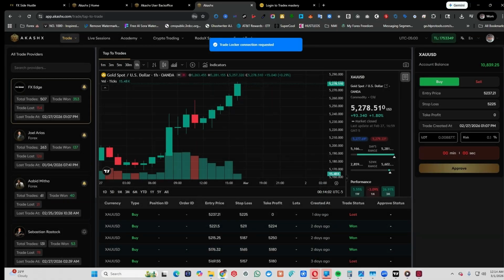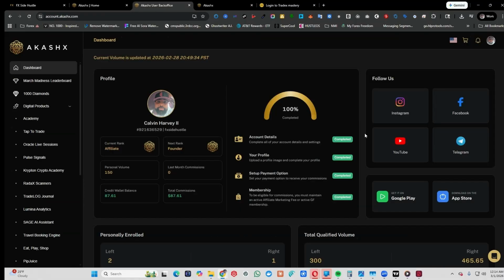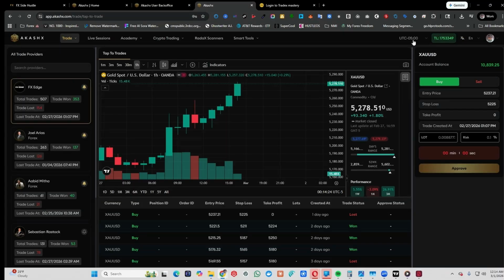So now this is connected to tap to trade. So you can get the app, the AkashX app, by clicking on one of these here. Get it on Google Play or get it on the App Store to download the app on your phone, and you'll just log in with your same login information that you created. All right, so next we're gonna go ahead and